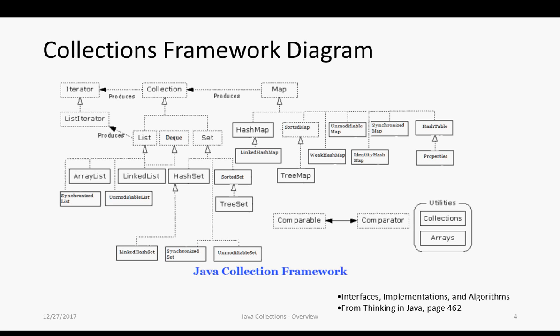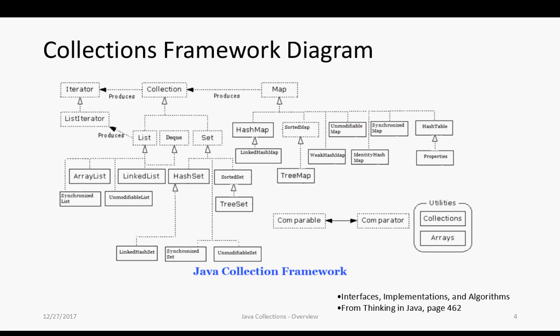Now, what is the list? List is nothing but you can consider it as a sequence of objects where you can insert the elements. You can maintain the sequence where you can insert in the middle or at both extreme ends. You can get the elements from the middle, from extreme ends, and so on and so forth. So it's like a list of numbers where you're inserting 1 2 1 2 1 2 or 1 2 3 4